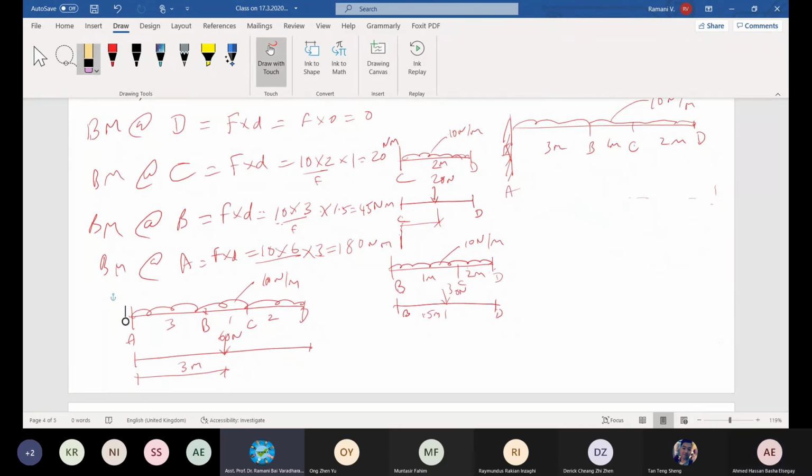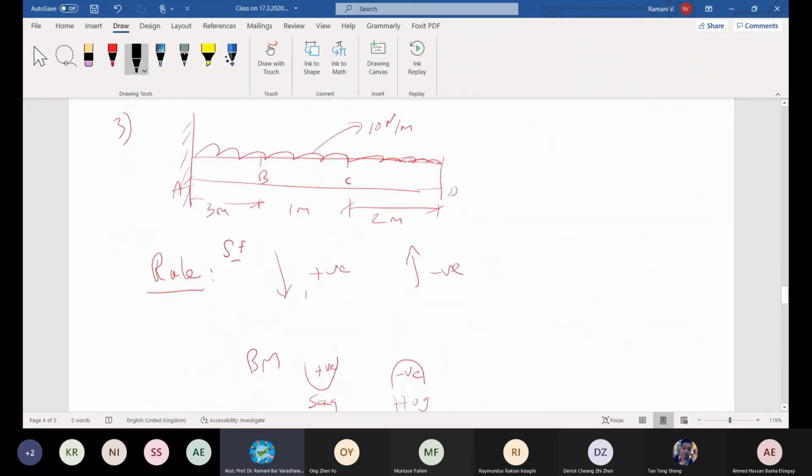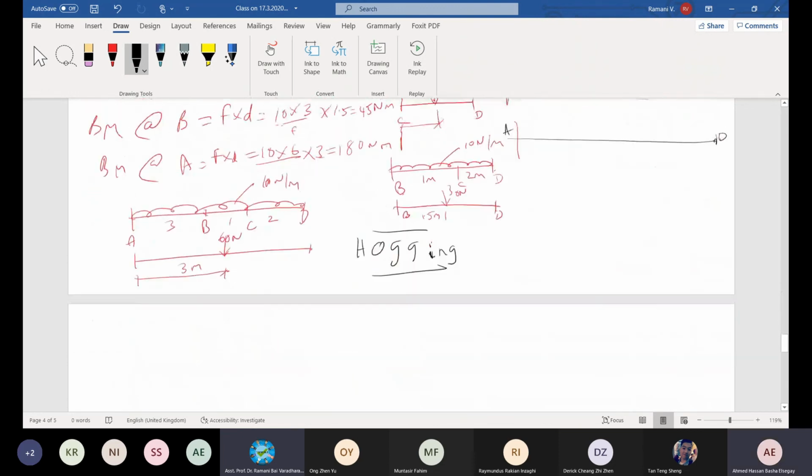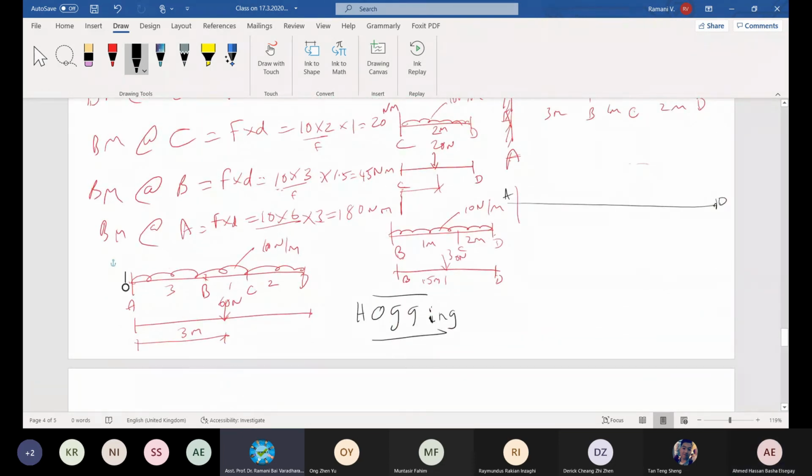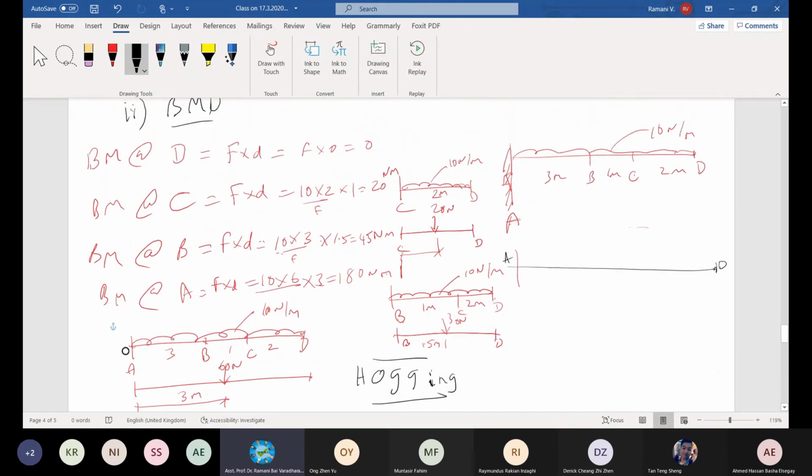It is a hogging moment, which is negative. Negative, you need to plot downward. Okay, I draw here the bending moment diagram. When you plot the axis first here, A to D, it is confirmed that it is a hogging moment. Hogging is negative, downward. All negative downward, positive upward, like the shear force diagram. So negative downward means you must consider the downward direction. Start from D. What is D?